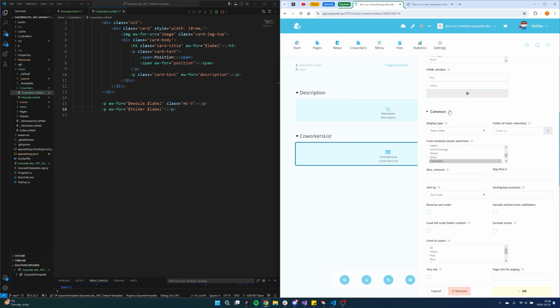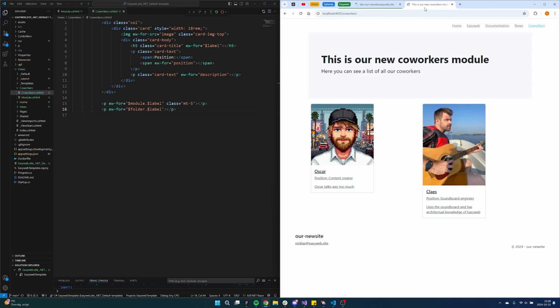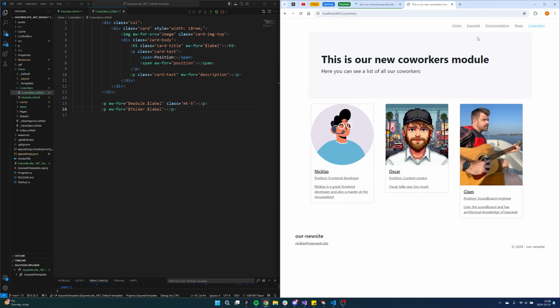And here, if you remember, this is where we selected which module we're going to loop out articles from. And here there's a little checkbox for include articles from subfolders. So if we check this checkbox and then click OK and save our view, and now we reload our page, we can see that now Niklas shows up because we're including articles that are in subfolders. And if we now click on Niklas here,